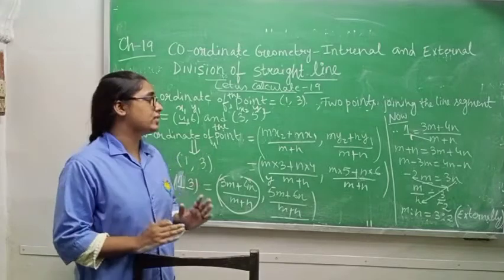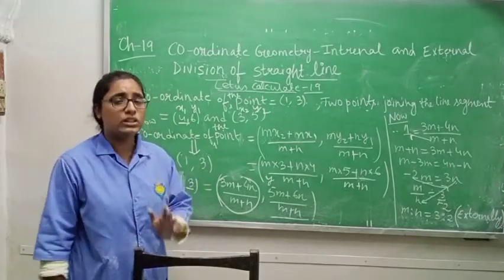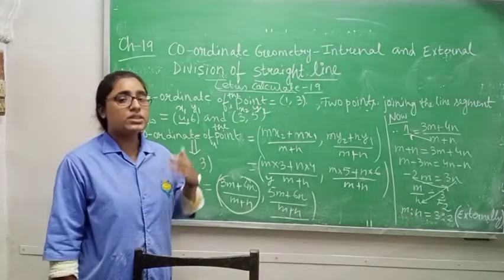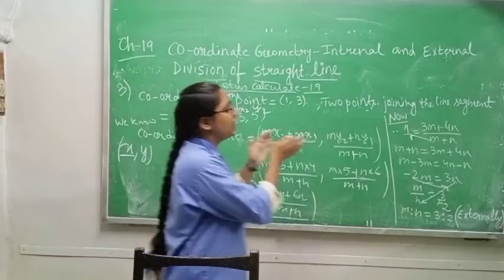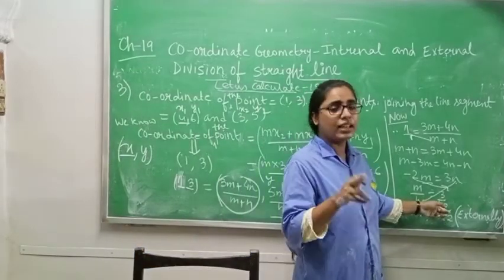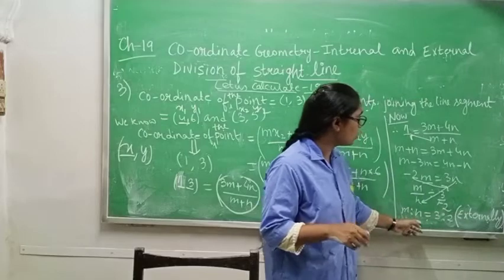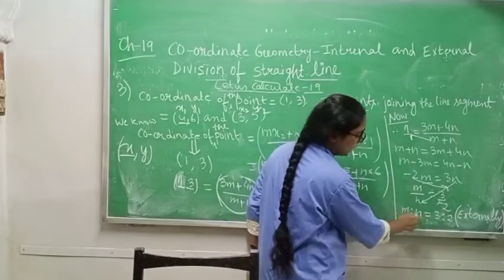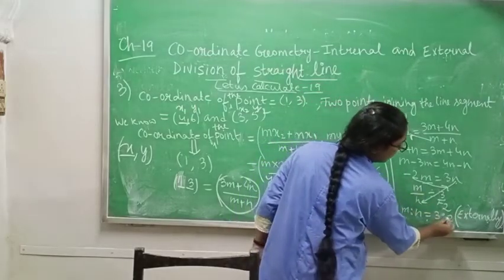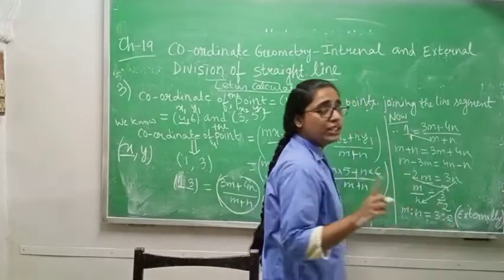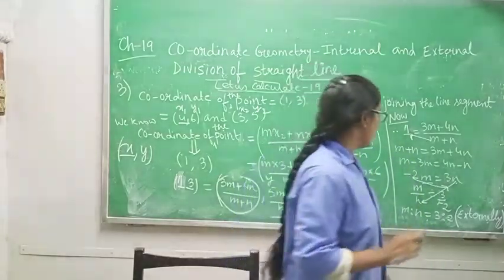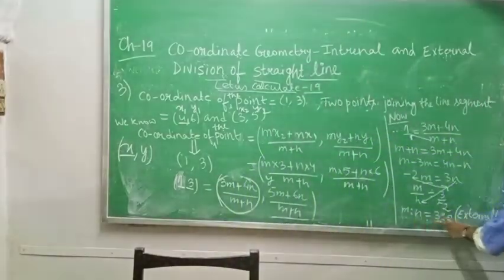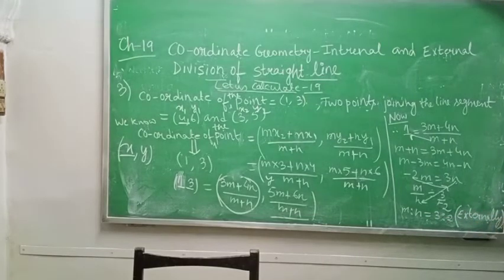It is possible, class 9, because in the question it is not mentioned which one is there, means externally or internally. When it is not mentioned, you will use internally one. In the last, if you are getting minus sign, then you will write externally. So m is to n. Now m by n, you can write m is to n equals to 3 is to 2. Don't write minus sign here. Minus sign only indicates that the line is divided externally. Okay, are you understanding? So we will write m is to n equals to 3 is to 2 and in bracket externally. Okay, so please complete this one.